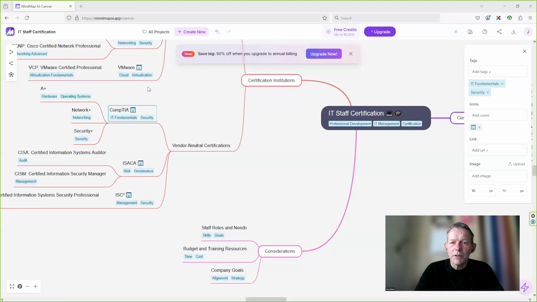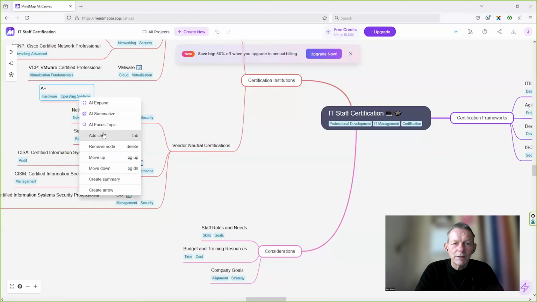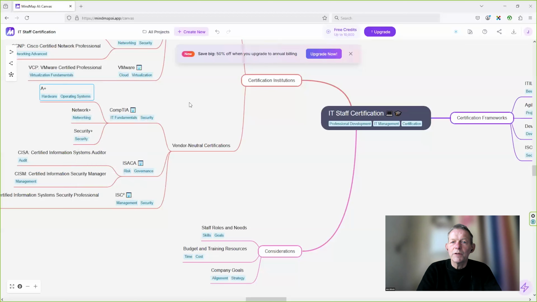It helps a lot in the communication. As a part of the mind map, you can open new mind maps for specific topics. You can add a child, you can remove some nodes, you can move up and down. There is a lot of features built into this tool and other mind map tools, but think of it like a 3D.